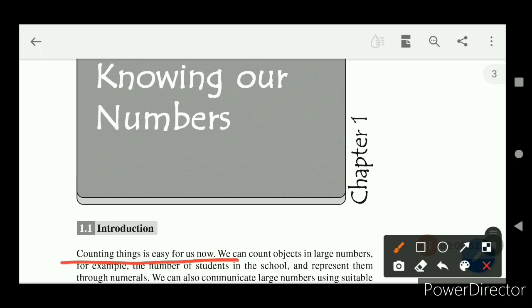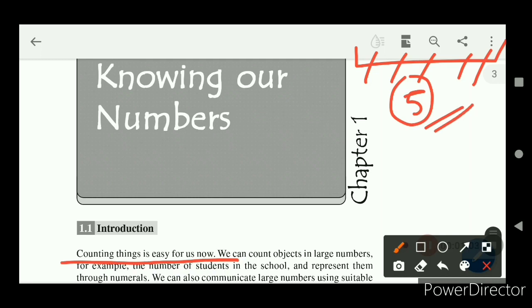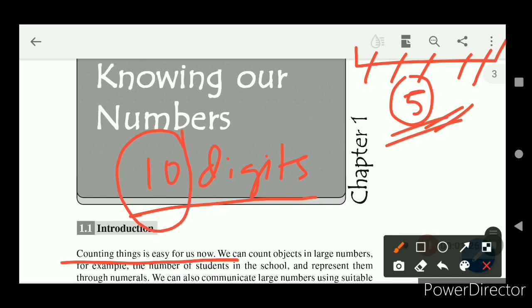So for example, suppose I count icons in the menu bar here. How many icons are there in the menu bar? 1, 2, 3, 4, 5. So 5 icons are there in the menu bar. Similarly, if you count digits in your parents' mobile numbers, how many digits are there? You would say, sir, for the Indian mobile number, it is a 10 digit number. So it has 10 digits, right? That thing that lets us know it has 10 digits, or 5 icons, is what is called counting, and I hope this will be remembered by you.